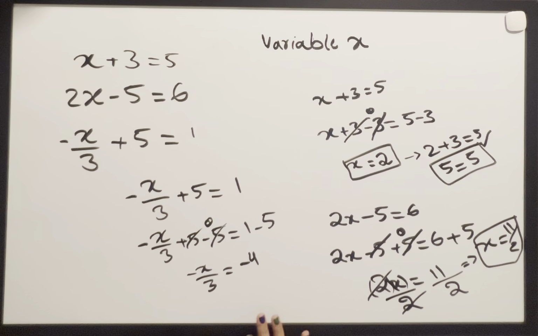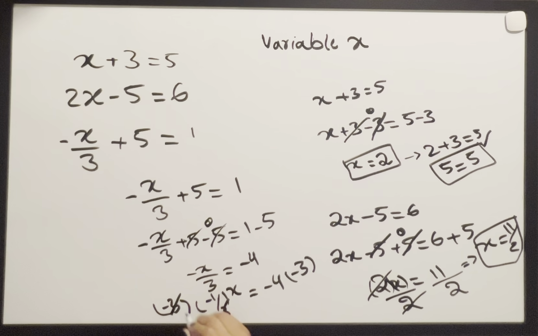And now we have to figure out what's the relationship between x and negative 1 over 3. As you can see, x is divided by negative 3 in this case. We can say that x is multiplying negative 1 over 3, which means in order to get rid of it, I have to multiply by negative 3. And if I multiply both sides by negative 3,